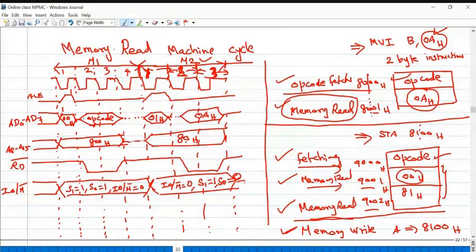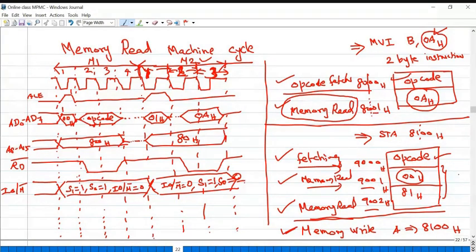For any instruction, the first machine cycle is opcode fetch. But the INTA machine cycle is different, because in the INTA machine cycle, the external hardware and INTA signal insert the RST instruction on the data bus. Apart from the RST instruction execution, for all the remaining instructions, machine cycle 1 is opcode fetch, followed by whatever machine cycle it depends on the instruction, whether it is move, immediate, LDA or STA.